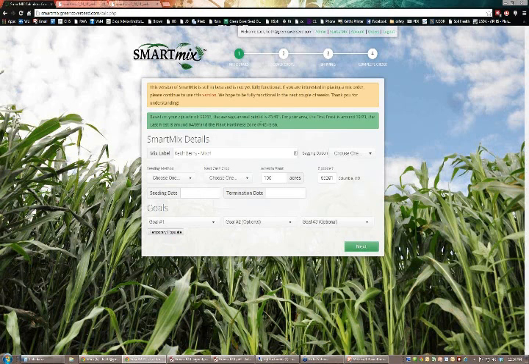So now Columbia, Missouri, they get 43 inches of rainfall. Their first frost is about 3 weeks later than mine. Their last frost is that they're gaining about 20 days on me here on the last frost, and their plant hardiness zone is 6A. So we're going to design a mix here, and you can label it however you want. You can put whatever name you want in here to describe it, and then you start putting in information about your mix, so the program can help you design a mix.